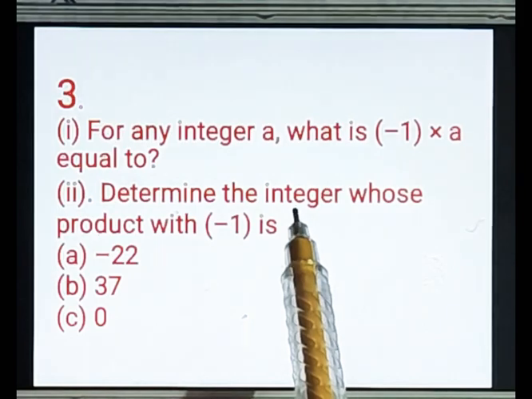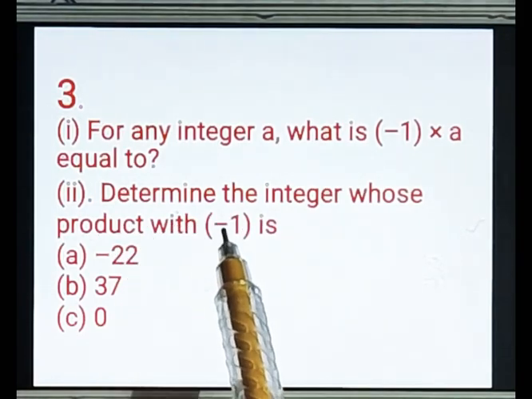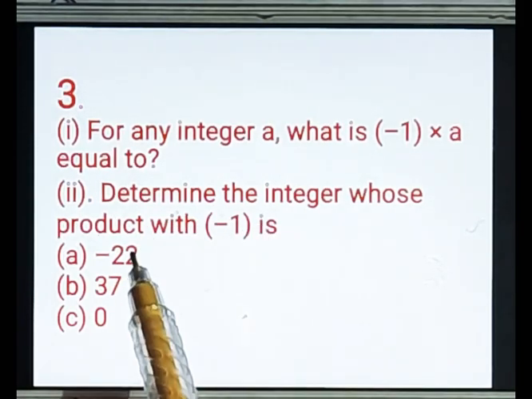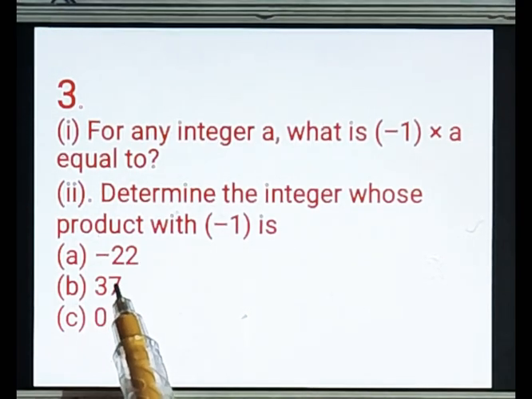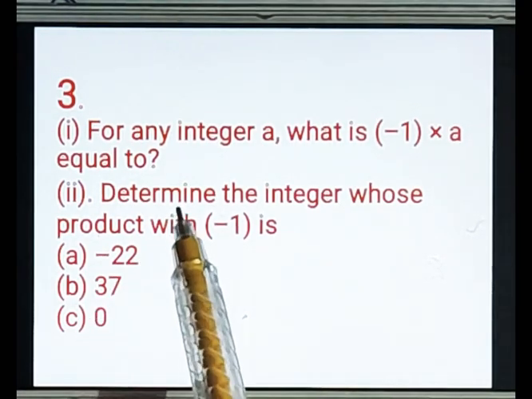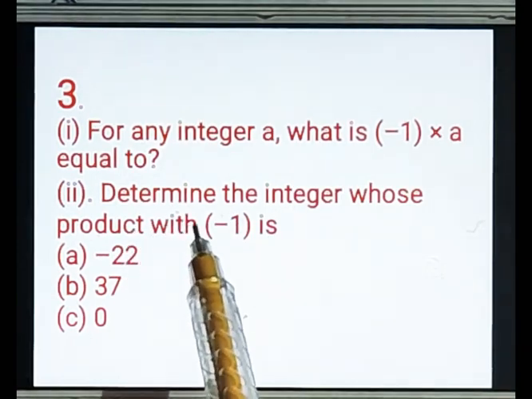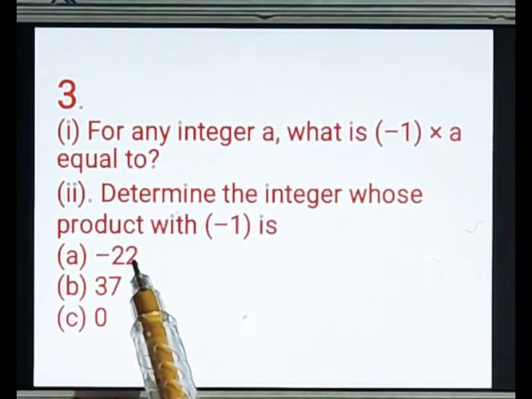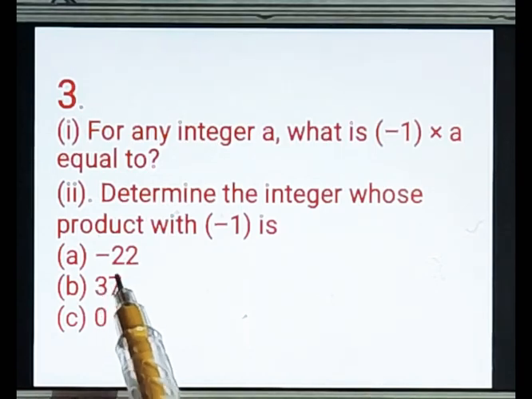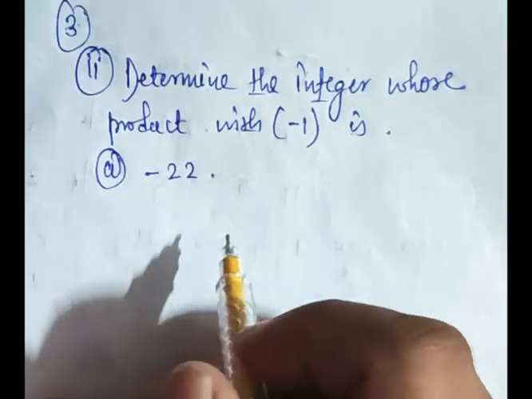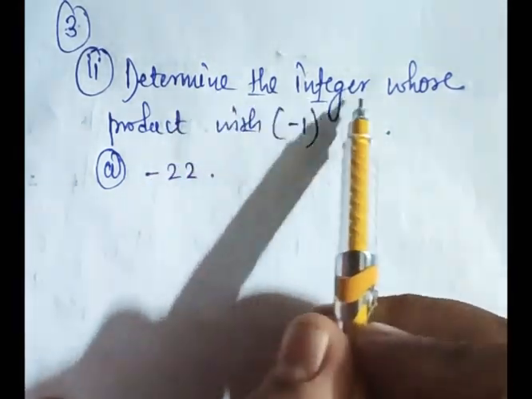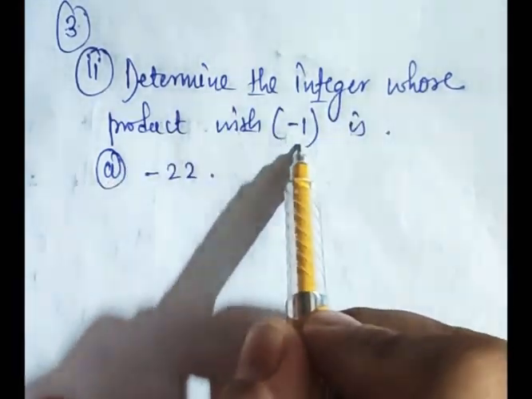Determine the integer whose product with minus 1 is minus 22. Then B, 37 and C, 0. You have to determine the integer whose product with minus 1 is this. You have to multiply with this and all. Okay, let us do this. So yeah, this was our question. Determine the integer whose product with minus 1 is